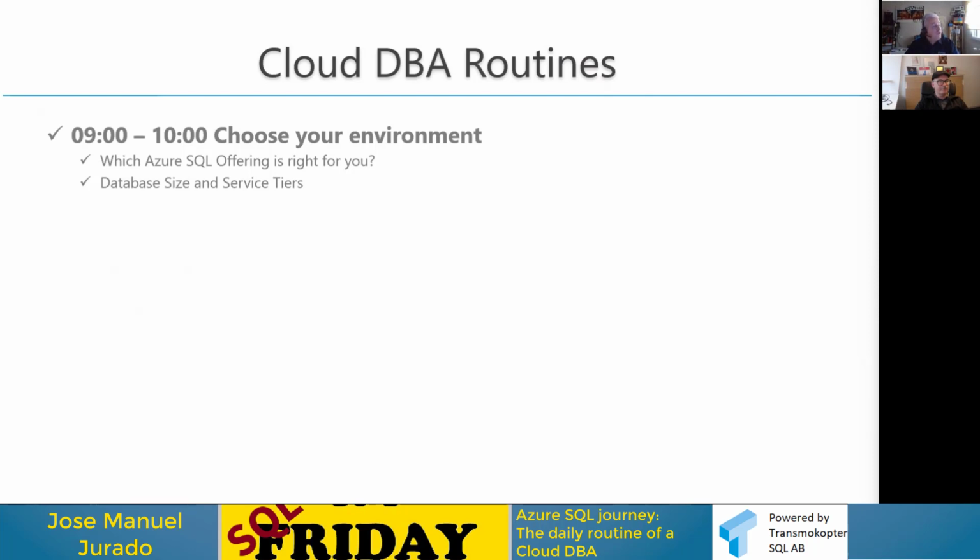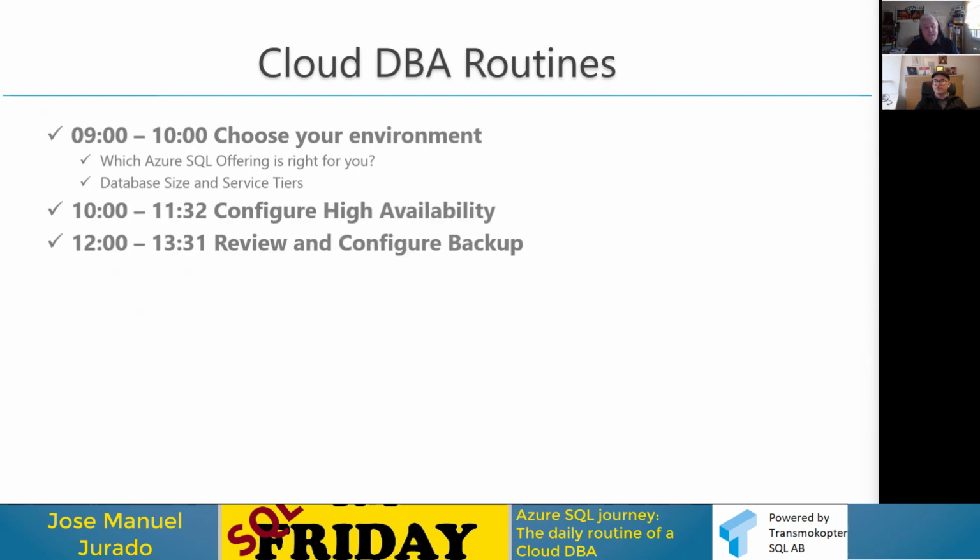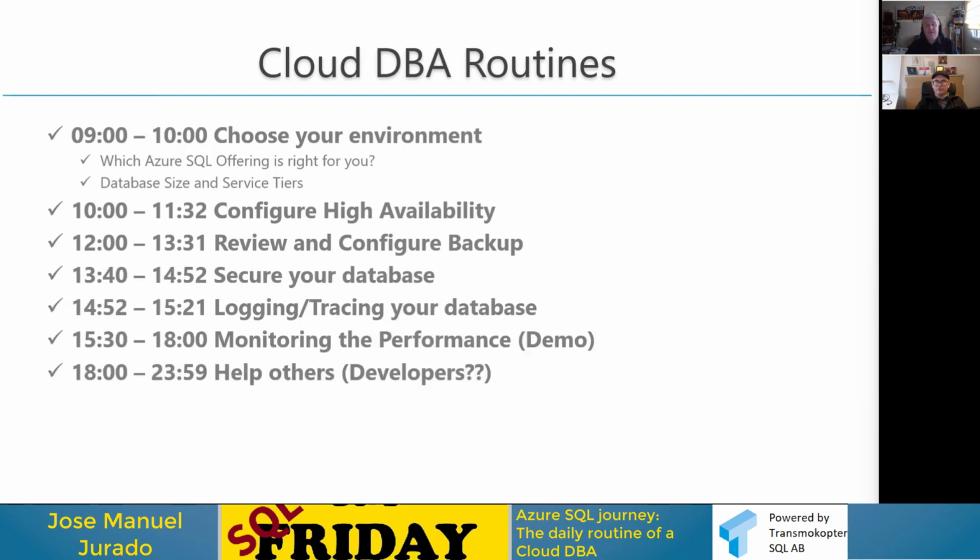Well, we split your calendar or your agenda into different things. The first thing is how to choose your environment. It's very important right now to choose your environment, because at the end, when you want to move or install or transfer your database, you need to be sure what is the right technology for you in order to pay less, because this option is very important right now. So we are going to explain several details, what is the best offering for you.